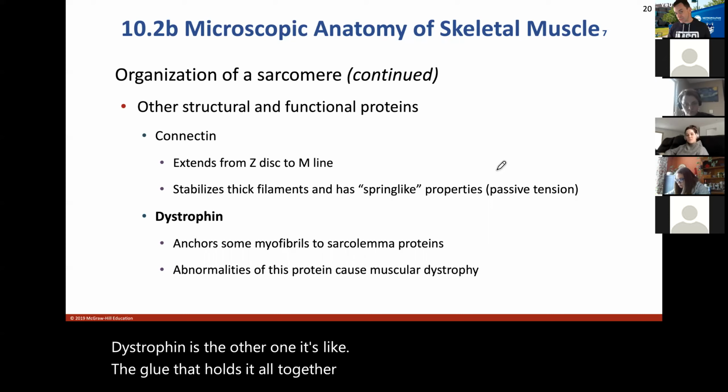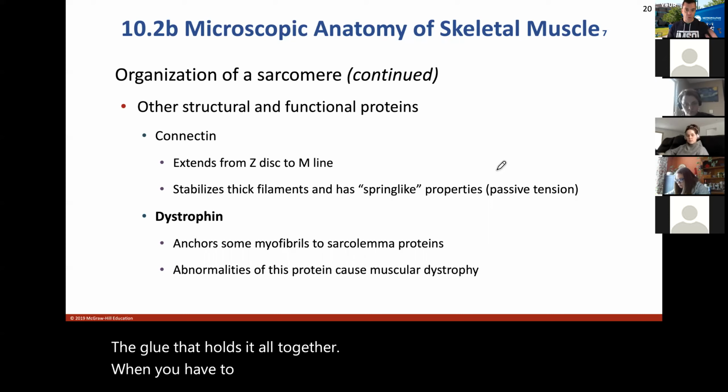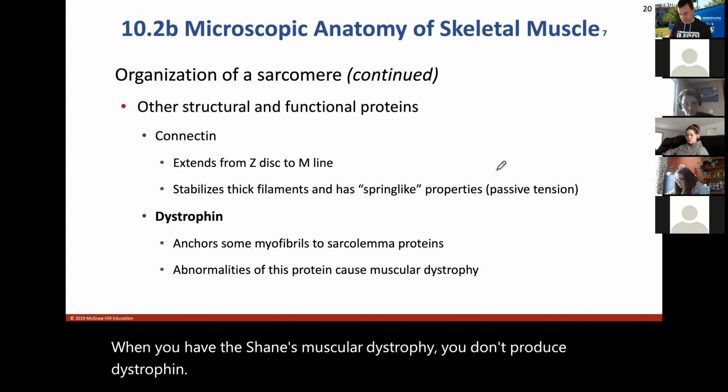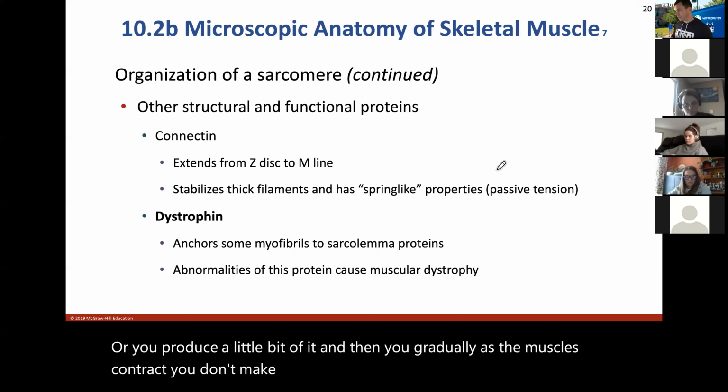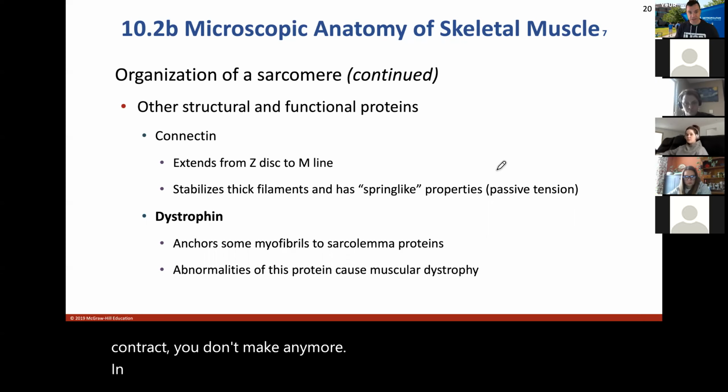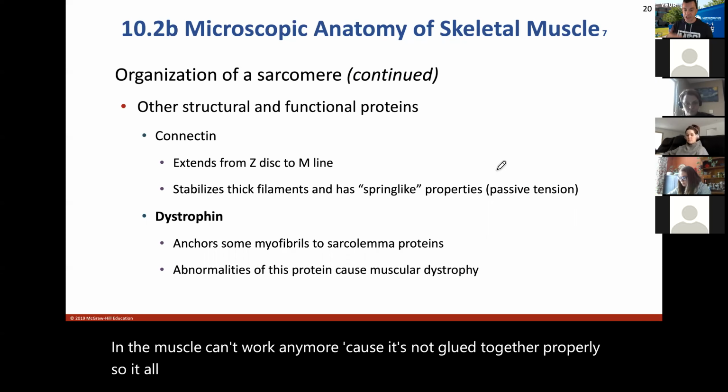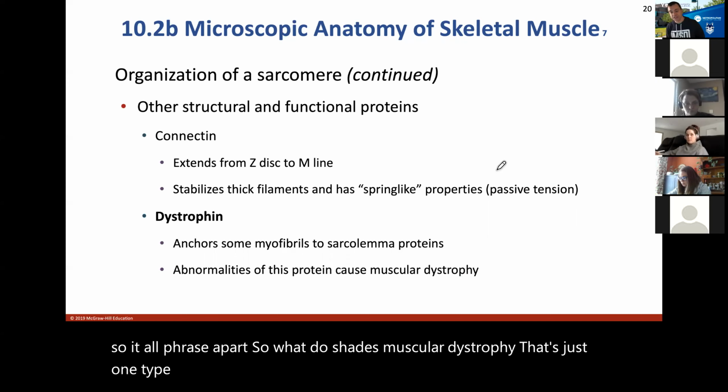When you have Duchenne's muscular dystrophy, you don't produce dystrophin, or you produce a little bit of it, and then gradually, as the muscles contract, you don't make any more. And then the muscle can't work anymore because it's not glued together properly. So it all frays apart. So with Duchenne's muscular dystrophy, that's just one type of muscular dystrophy. And with that one,